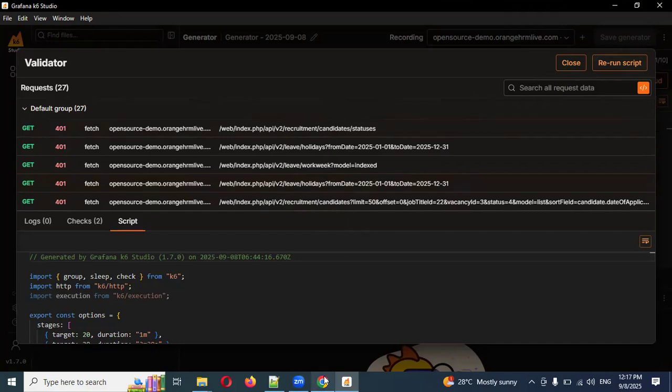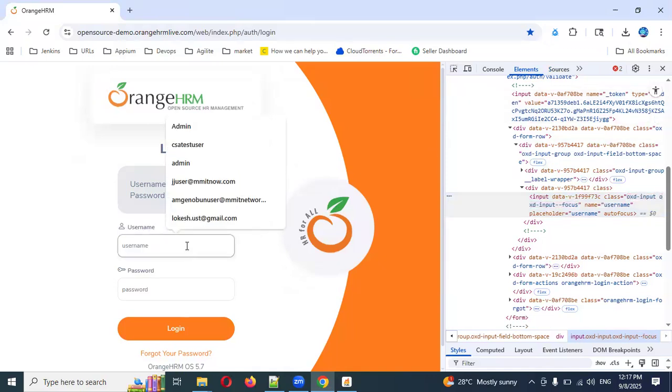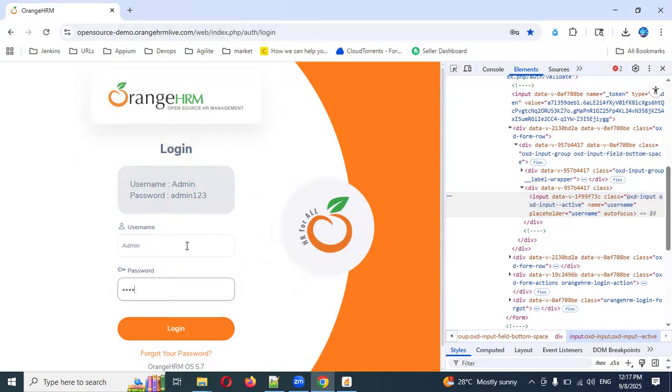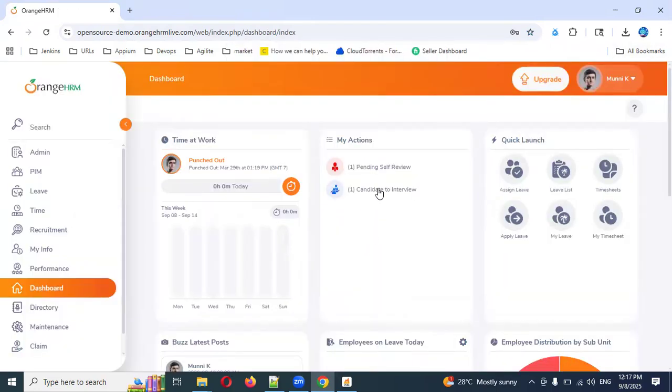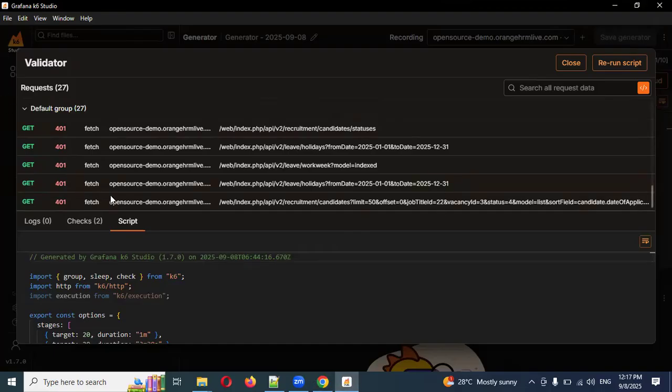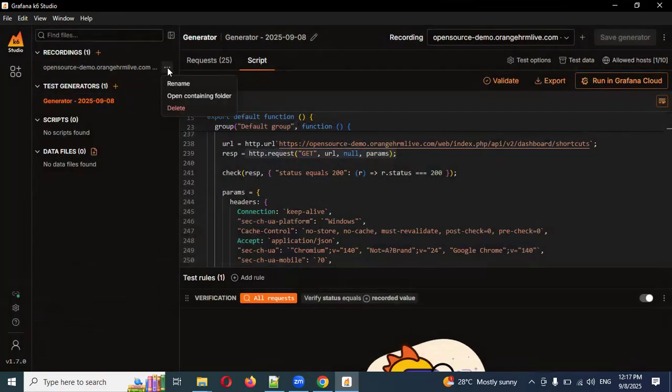Okay. If you come to here, if I hit admin 123, and if I logged in, previously it is showing the interview panel and all, right? Now this candidate for interview is there, right? In this particular case, sometimes it will display, sometimes it will not display, based upon this application. Okay, it will change the usernames every time. Because of that also it will fail. Okay, you have to see it properly and you can record the script and change it. Sometimes when you are converting, right,